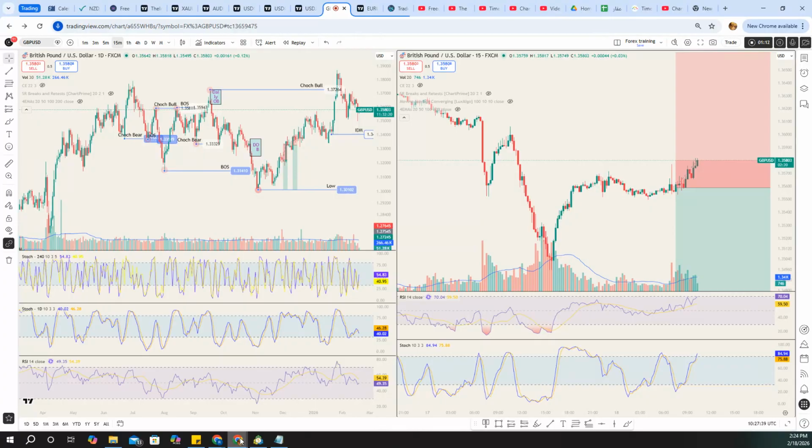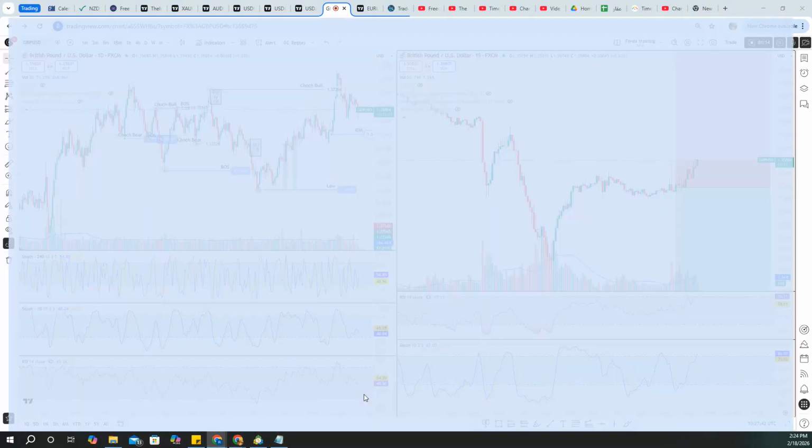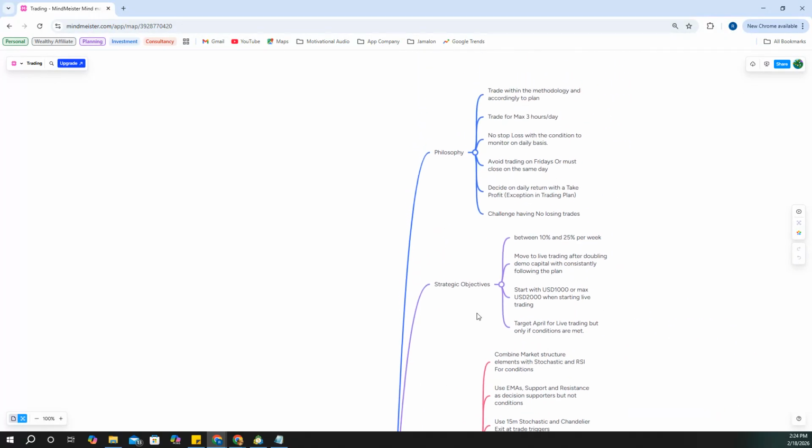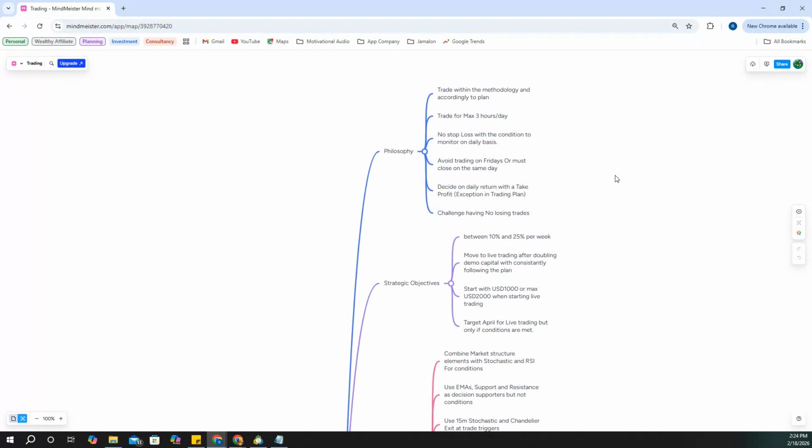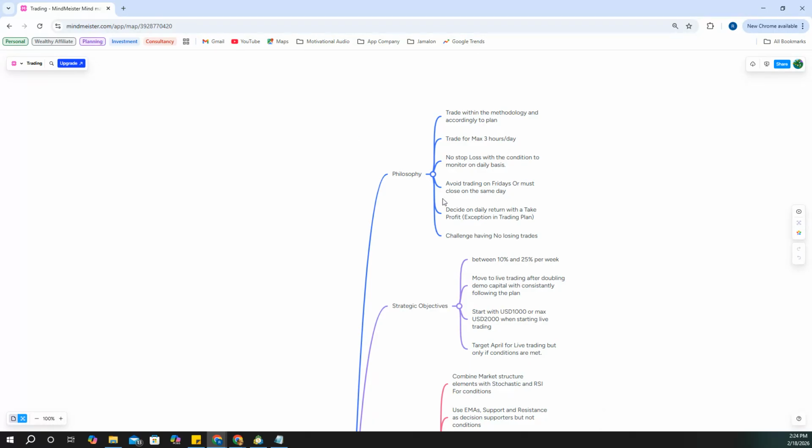So let's remind ourselves of the trading platform first. We will talk about the philosophy and the trading plan, the selling conditions. Both the GBP USD and the USD JPY are taken as sell positions, and this is really funny, because normally those two are opposite to each other, but between yesterday and today, the signs were that both are going in the same direction. Of course, in reality, that is not the case.